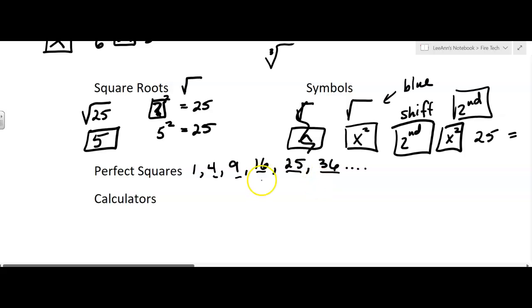When my son played football, his first number was 16. So I was like, oh, that's a perfect square. And then the next year, when he went to varsity, his number was 81. And so, oh, you're a perfect square. But anyway,